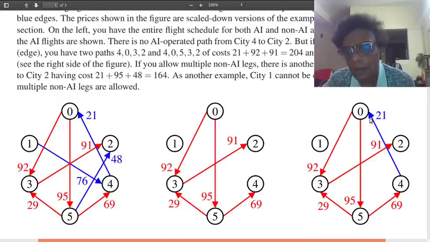That is not allowed. But anyway, if you are given a chart from this and the chart from this, you update that chart only when this chart contains something like infinity. Okay, it's not serviced by AI, but now you have a service from city 4 to city 0, whatever the cost,